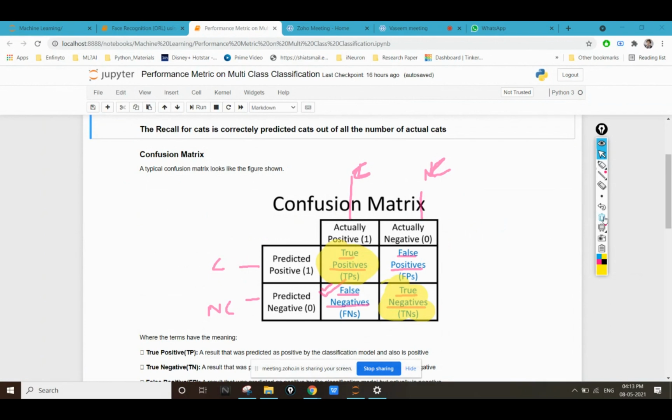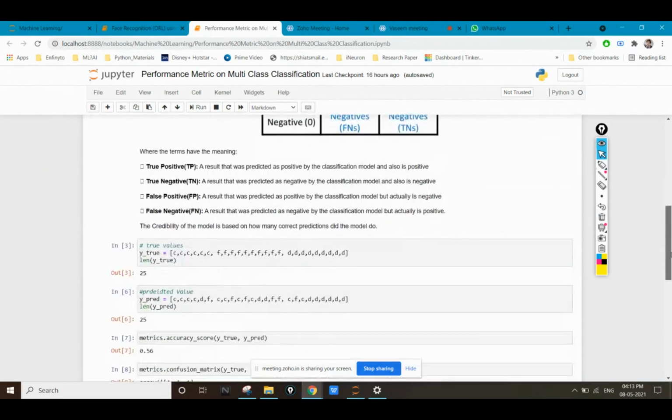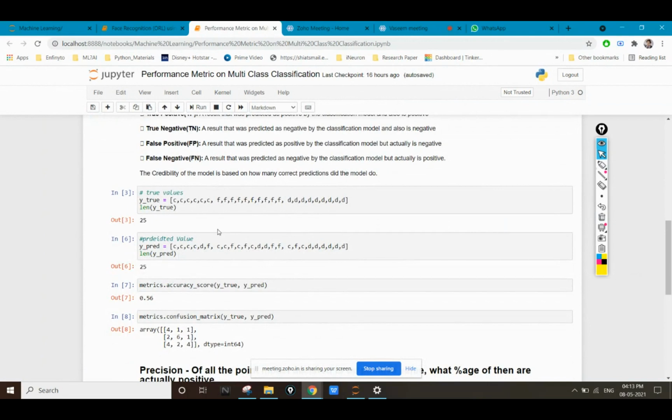Let's see this in practical. Suppose my output values are, because I've taken three classes, not two: C indicates cat, F indicates fox, and D indicates dog. These are my actual values, and these are the values I am able to predict with the help of my model.